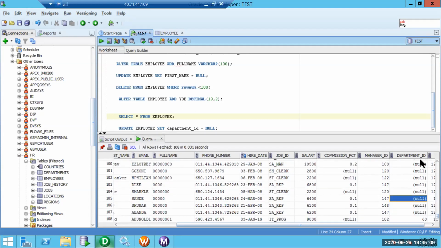Where we have 2018, okay, 2018 we specified, so only 2019 got updated with department ID. So let's try to change it to 2008 to see that at least these entries get updated.